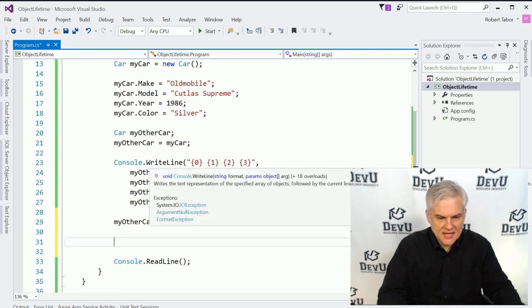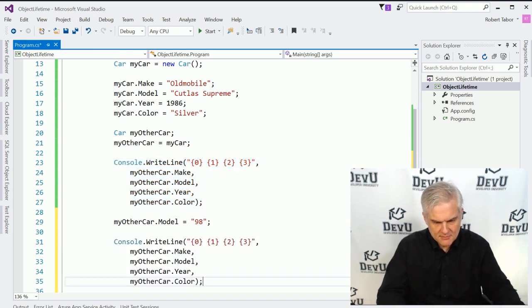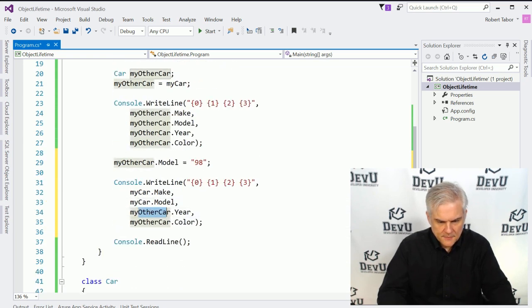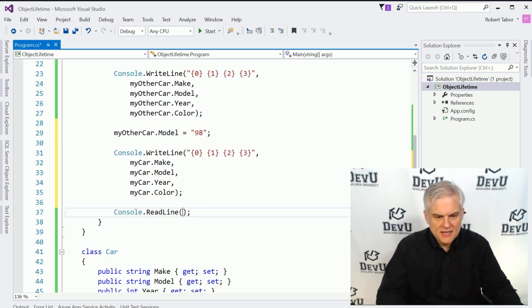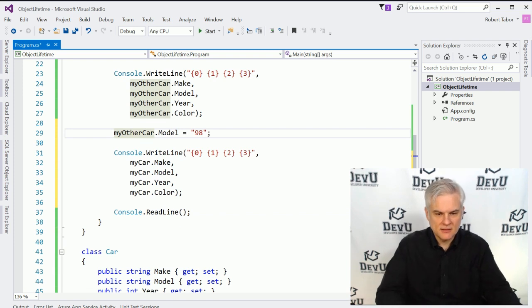And let's then go back and do something similar to this, just to prove that they're one and the same. So we're going to use our reference called myOtherCar and change the model from the value Cutlass Supreme to the 98, and then we're going to say, hey, show me what's in the myCar